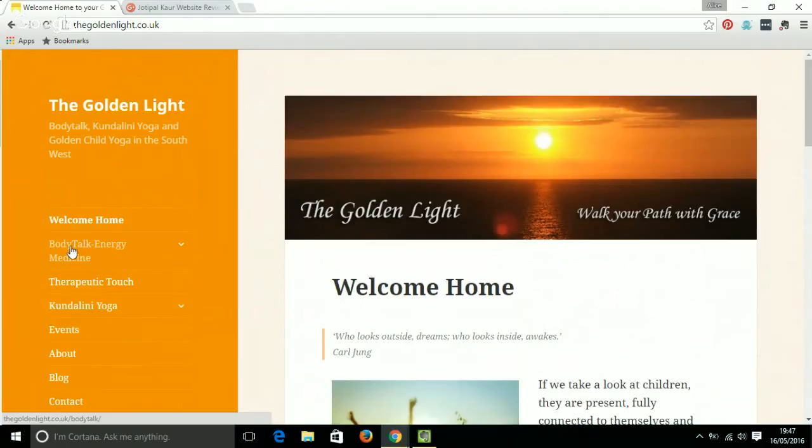People are coming to you for a session, and that in itself is a big shift, kind of accepting that they're coming to you, to Jotipal, rather than just wanting Body Talk, just give me Body Talk from anybody who's offering it. And that shift, that's a really important shift that it's time to make, and it will make the website work much more clearly if you can communicate it